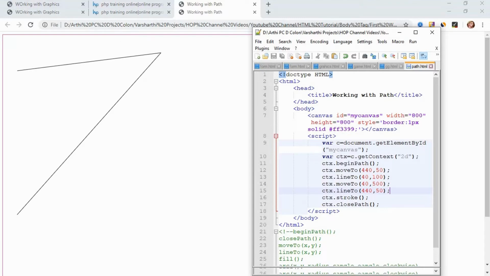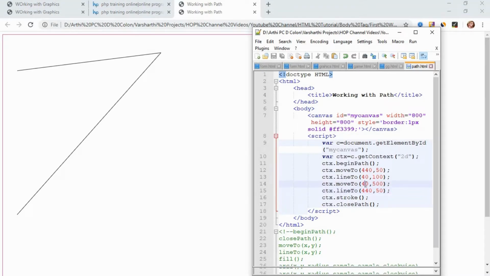So if we don't want to have this at 40, you can change it, right? So if you want to skip this to 200, you can do that. So now we have skipped with the line 200, right? So similarly, according to your wish, you can change the coordinates.